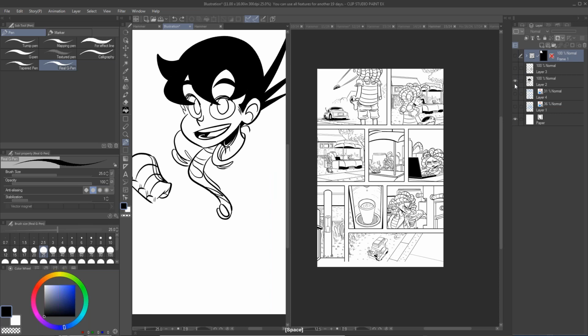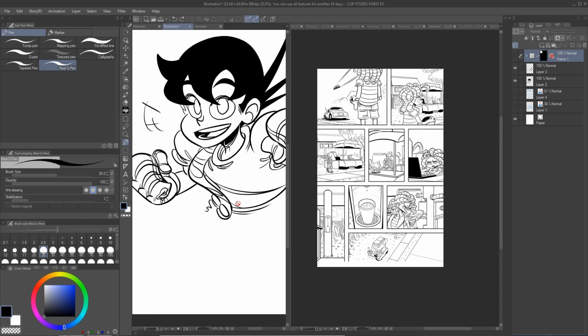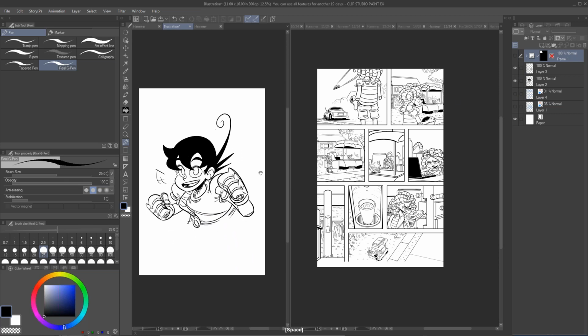Yeah, very cool. I love that your thumbnailing is super chaotic and you know exactly what you're going for, but everyone else is looking at it like, what is this?